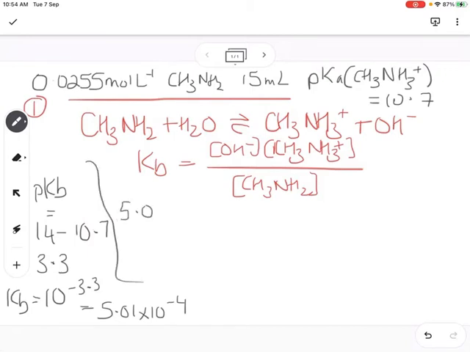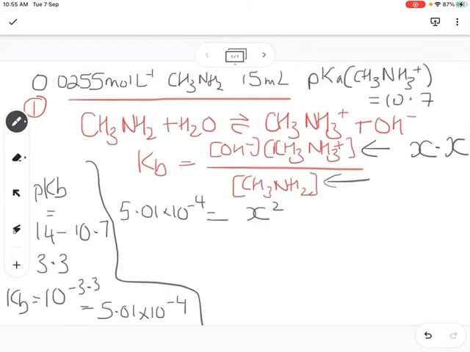Just separate that off. And I'm going to make my two assumptions. One is that these two are equal, and I'm going to call them x and x, so that gives me x squared. And my last assumption is that because it's weak, this base has essentially not dissociated at all, so that gives me 0.0255, and if I rearrange that and solve for x, I'm just going to grab my calculator,